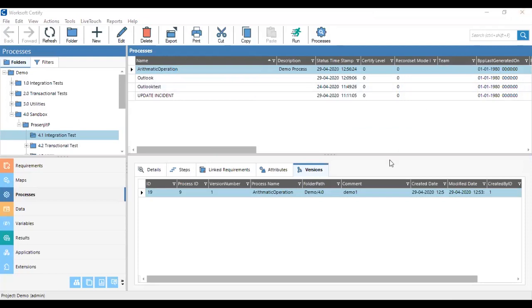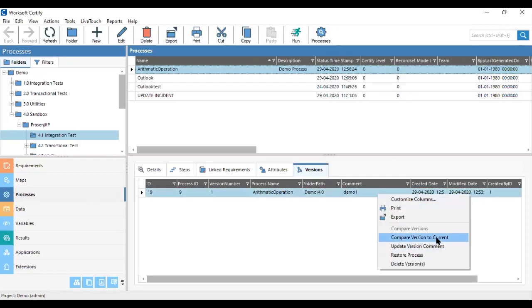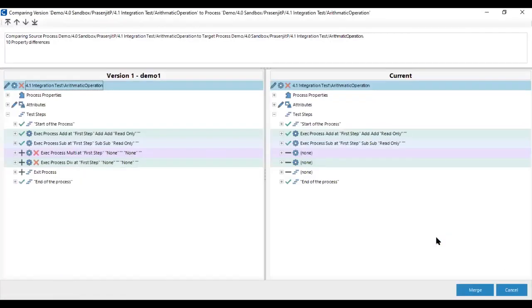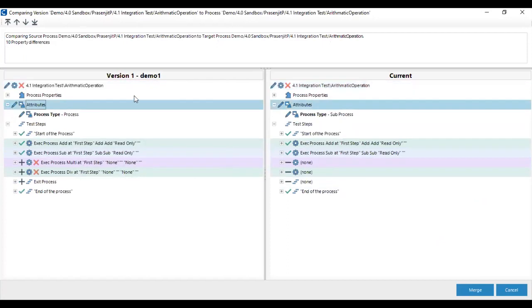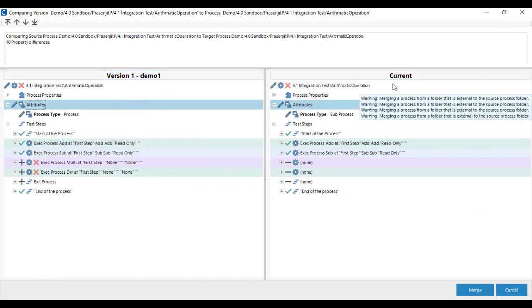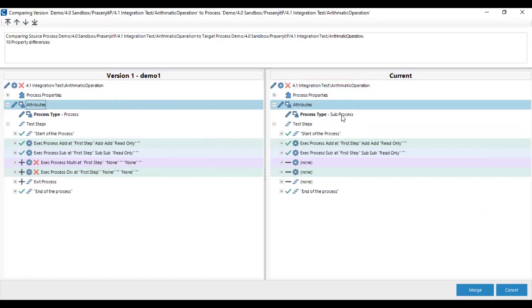Then I close the process and again generate the report. Now if I open the attributes of the process, you can see that in the older version the process type is process, and in the current version the process type is sub process. So we can easily see the changes of the attribute in that compare report.